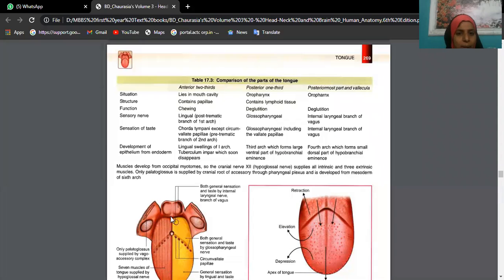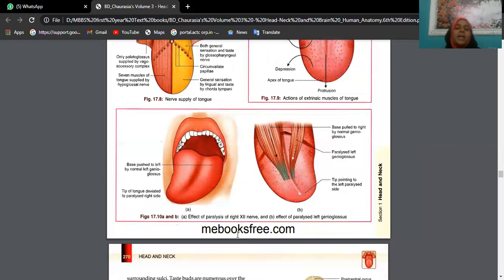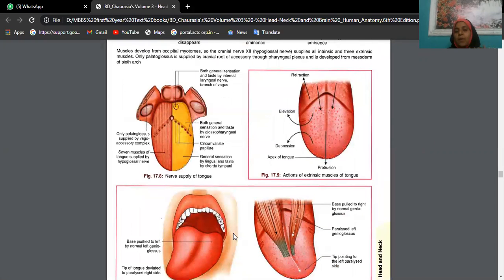Accessory. Okay, beta. Now, in order to understand this, you see here a comparison of the parts of the tongue. In the embryology book, for our convenience, we will have the pharyngeal arches involved in the table. You have the first pharyngeal arch, which nerve? We will have the lingual nerve. First arch, mandibular nerve. Second arch, chorda tympani, facial. Like that you have the distribution. You can see better.